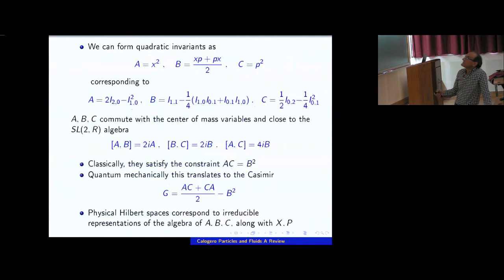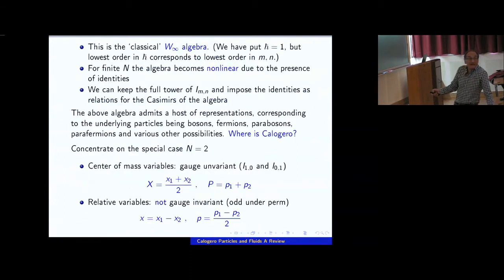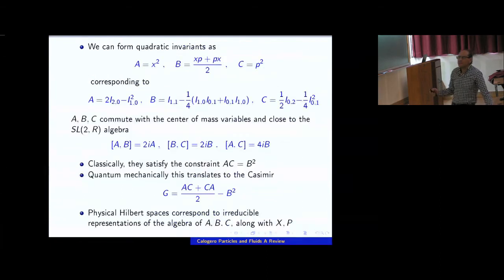C was, if you remember, just p squared, where p was the relative momentum of the particles. And then I said, but I don't like the relative momentum because it's not a gauge-invariant quantity. I like p squared because it is, so I like these ABCs. I keep these ABCs and they obey this algebra. So that's all I know now. And to say that this part of the system is free means that my Hamiltonian is actually C plus perhaps p squared of the center of mass. Okay? That would correspond to a free Hamiltonian. So I always have my Hamiltonian be a fixed element of this group of observables.